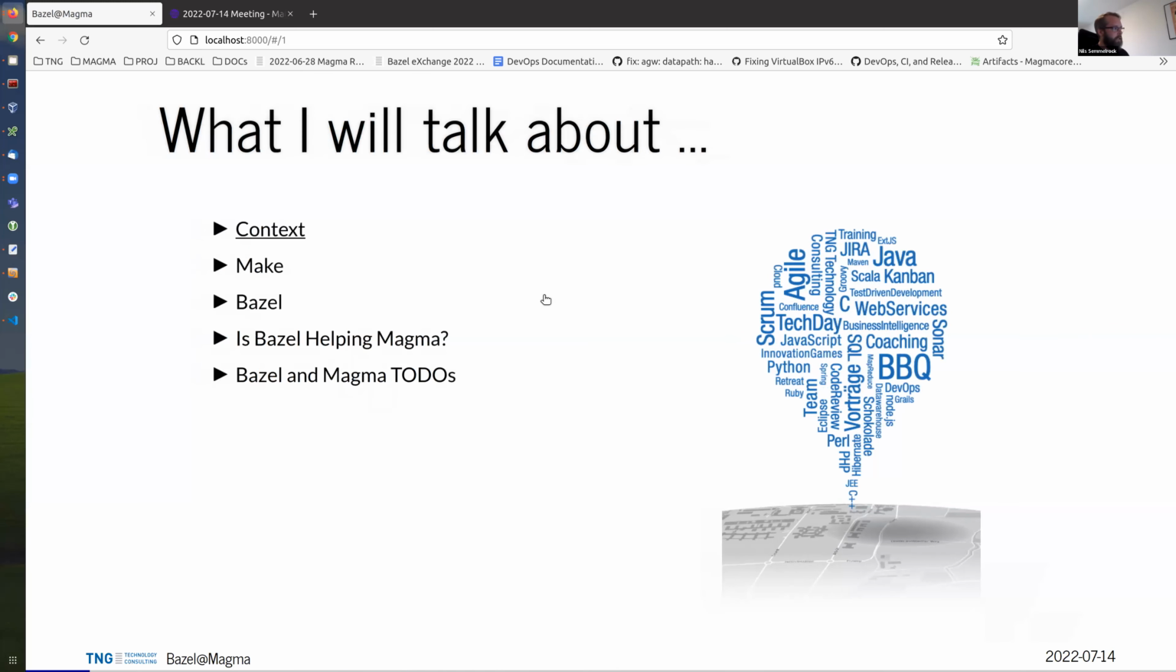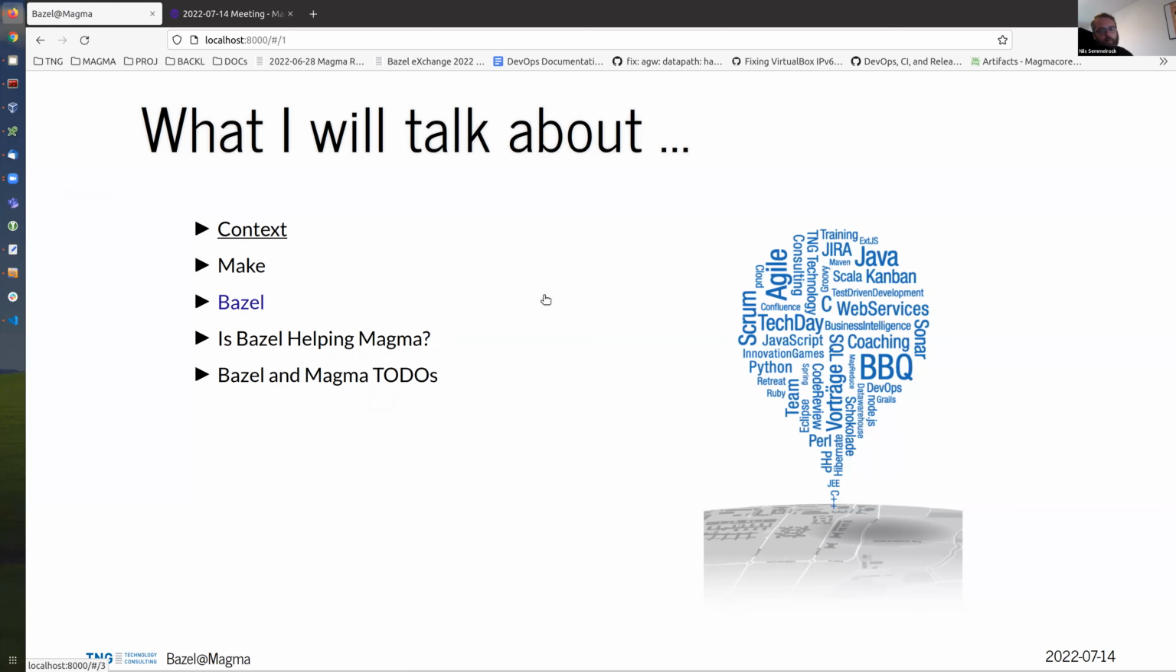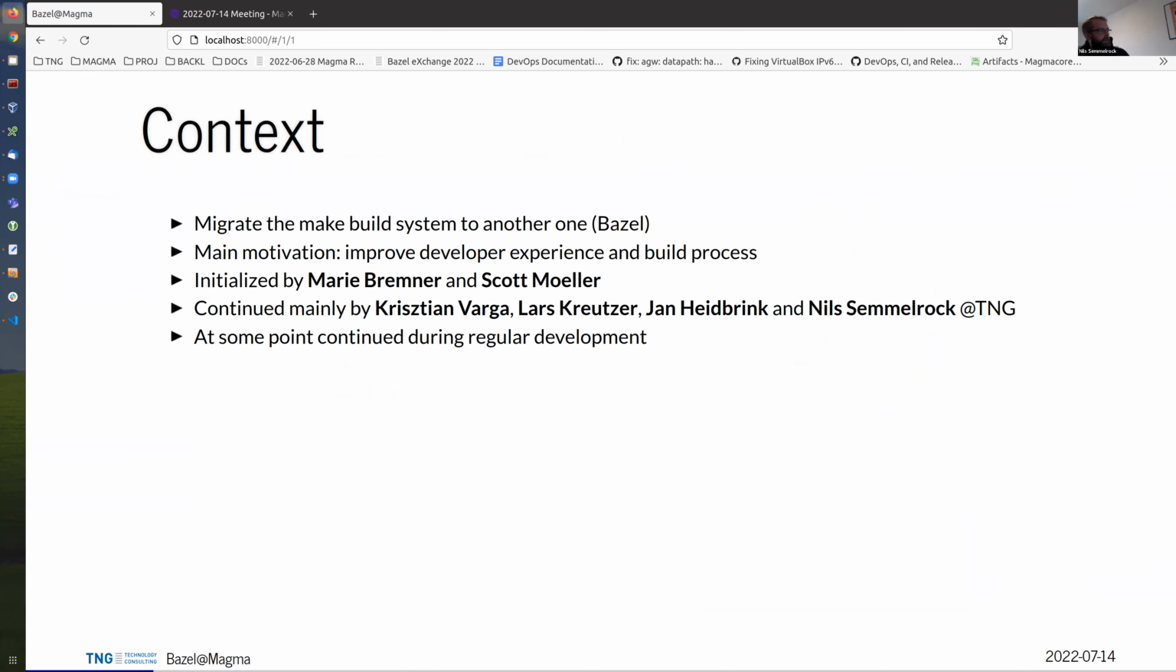What I want to talk about is give you a little bit of context, what this effort is about, talk about the current make process in Magma and what are subjective pain points, what is Bazel, give a little show and tell, argue why, in my opinion, Bazel is helping Magma, and list a couple of to-dos in the current state. So the context is a migration of the make build system of Magma to another one named